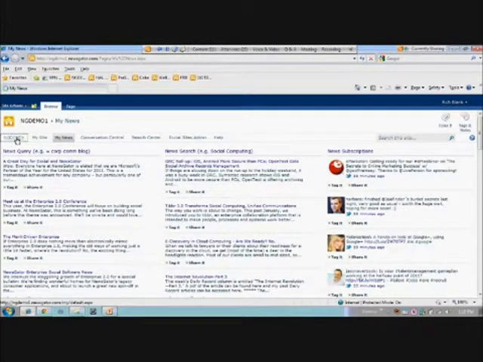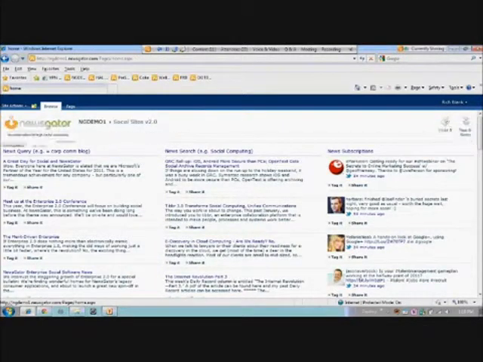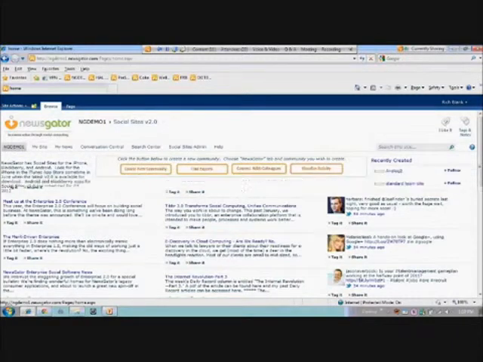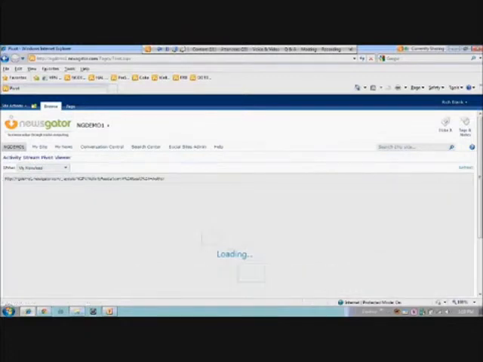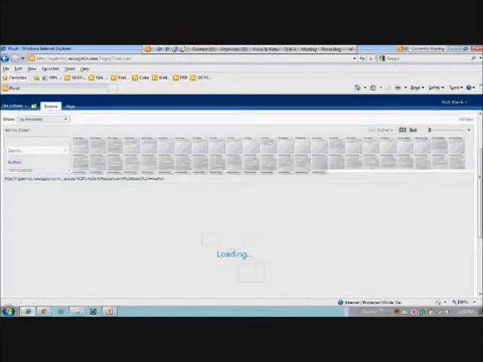What NewsGator's really providing is a whole bunch of unique capabilities that allow you to make SharePoint social, to surface the information inside the activity stream and make sense of it, and aggregate all that information so it's easy for a user to consume it. And the last thing that I'll show you before we get into some questions is, once you've got all this information in here, as a user, I might want to go in and actually try to make sense of it. Right? I want to visualize the activity that's actually happening throughout my personal activity stream.